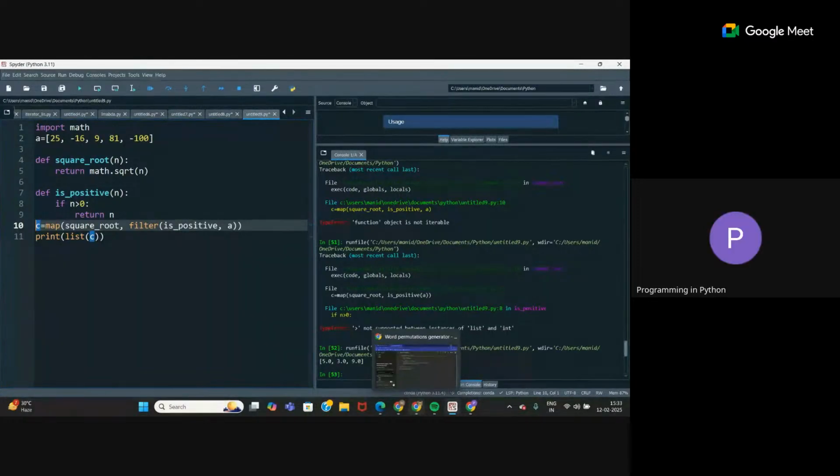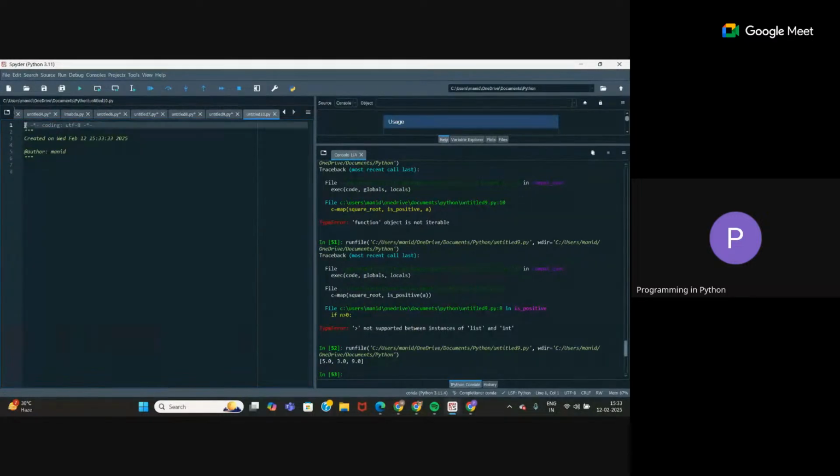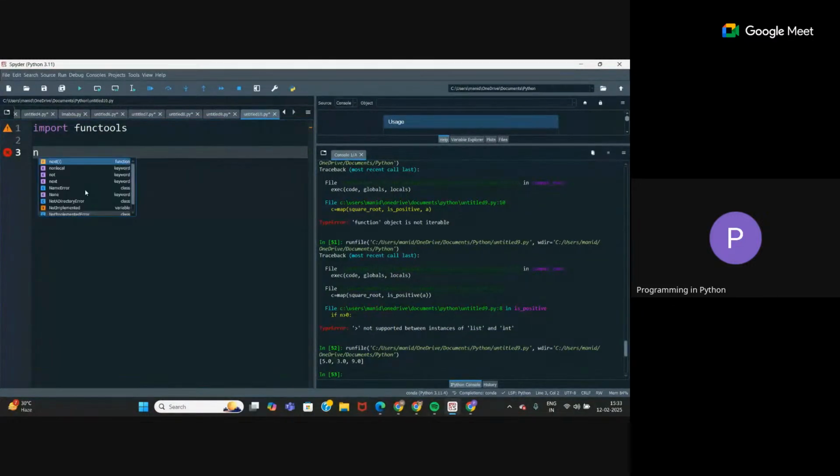Yeah, but you mean in reduce function we pass some function, like some lambda function we can also pass, right? And then some list. Yeah. So okay, let me write something. So if I write, okay, first I think I have to import that library, otherwise how can I use that function? There is some library like this. Let's say I have a list of numbers n. Okay, let's say 1, 2, 3, 4 it has,